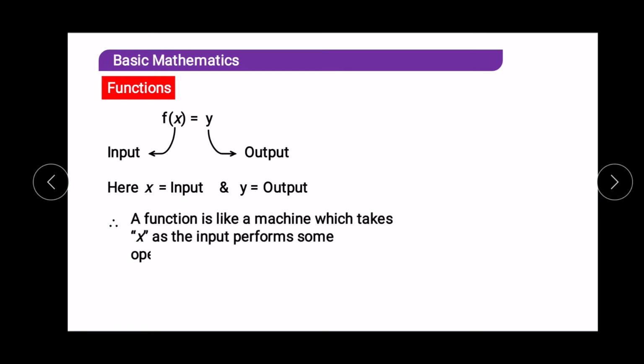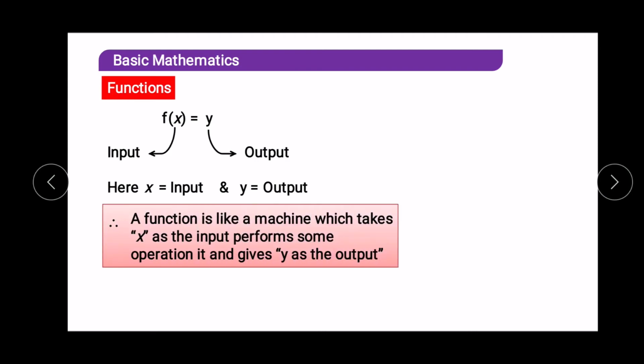Therefore, a function is like a machine which takes x as an input, performs some operation and gives y as an output. Who can give an example of a machine? One example of a machine is a mixer. If you provide, say, coconut in the mixer, you will get coconut powder as output. So the mixer performs some operation, like on x you perform the operation square, and you get a function. So the function gives you the output, it acts as a machine.